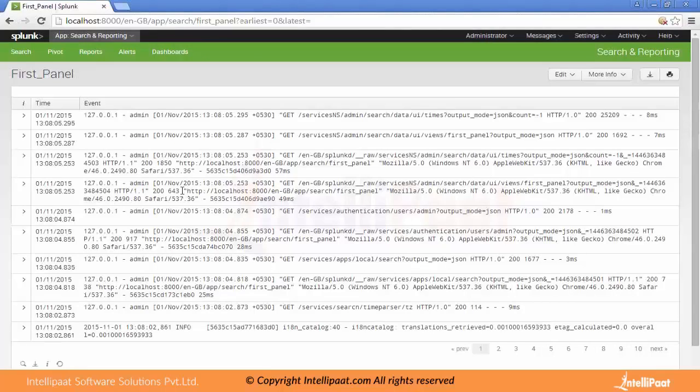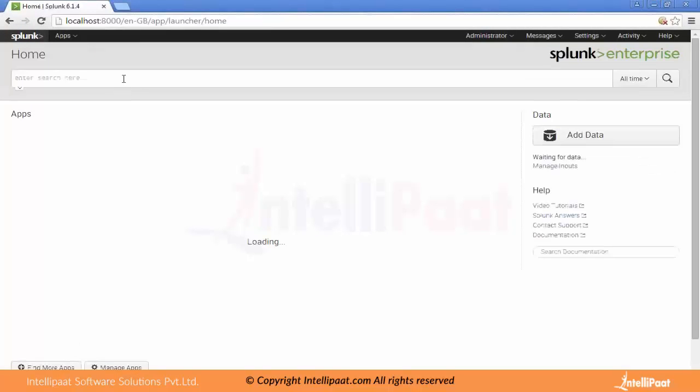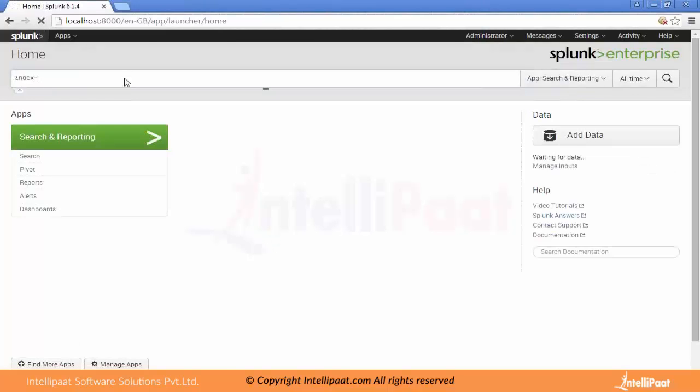So here you will see that it returns the search results because we have not specified any statistical commands or any chart commands. So this is how we can use the dashboard panel for the visualization. So in this current format, the data or events are coming as the search results visualization. We can see that particular dashboard is created under the